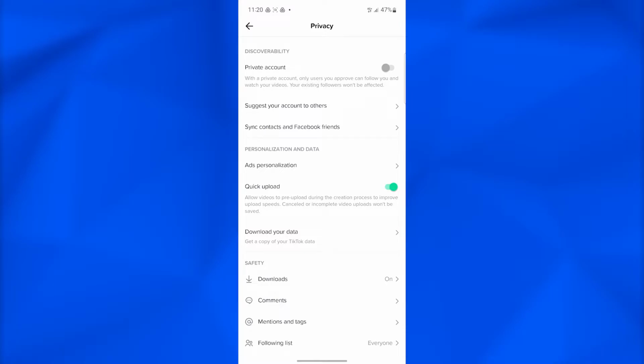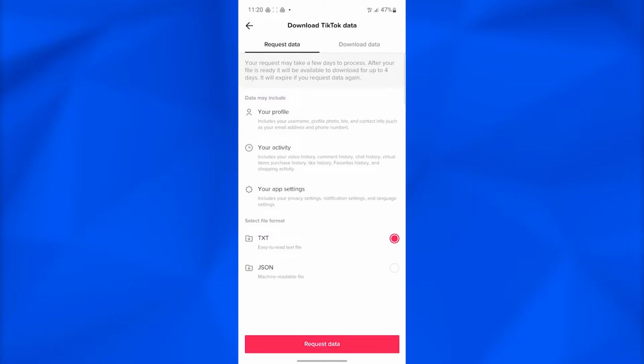Now once you click on privacy, click on download your data. Now once you click on download your data, from over here wait for a few seconds, and then this page is going to come up. So from over here simply click on request data. So when you request data, TikTok is going to process your data, and it can take up to 4